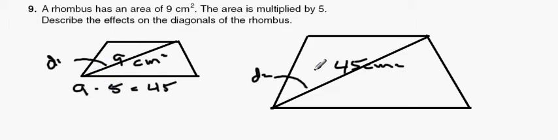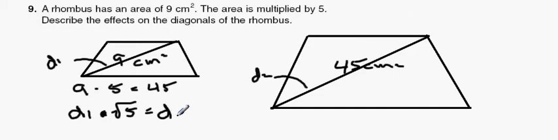So to find the length of diagonal 2, instead of squaring, I would square root. So now I'm going to say d1 times the square root of 5 equals d2. So to find the length, we would do a multiplier not of the square of the factor, but the square root of the factor, because we're going from 2 dimension to 1 dimension. All right? So going to number 10,